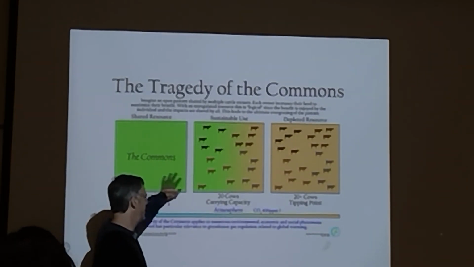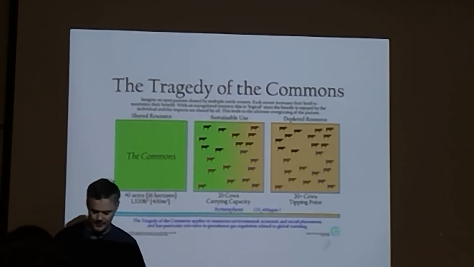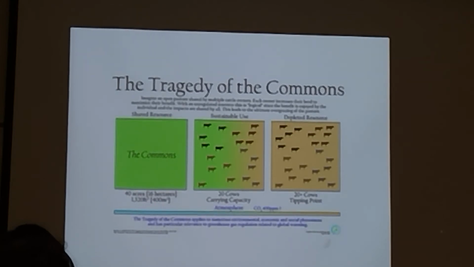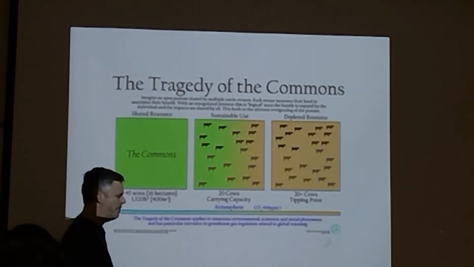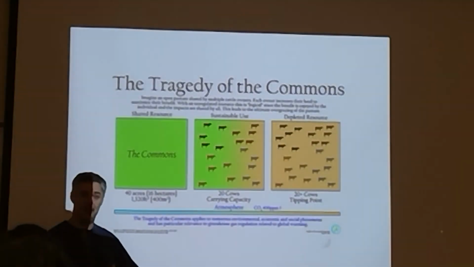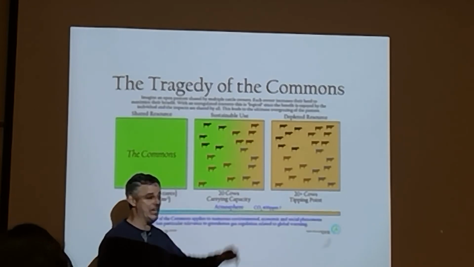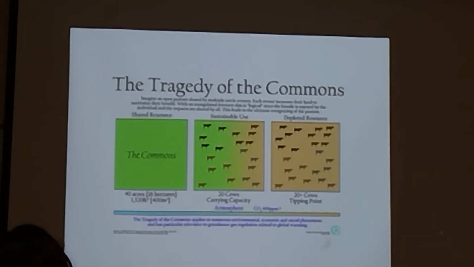So we could put, in this case, 20 cows out on our commons, and all is well and good because the grass is productive, it's able to reproduce at a rate such that standing biomass never really declines over time. So they have the same, because the cows are essentially eating the excess productivity. And all is well and good. However,